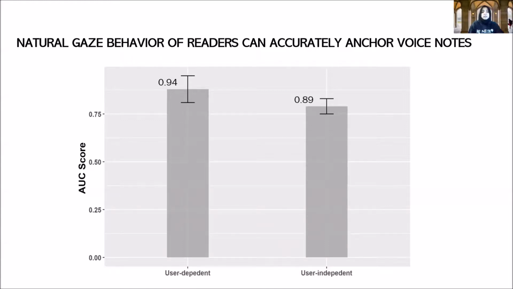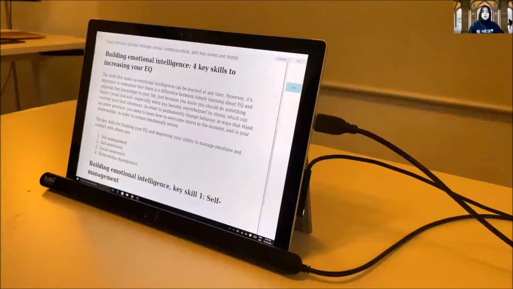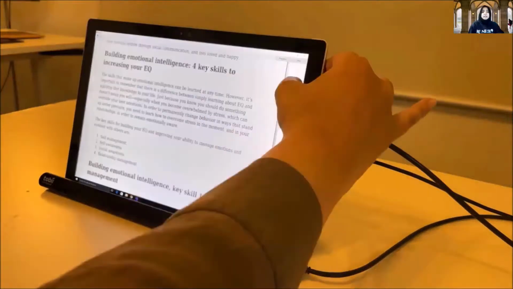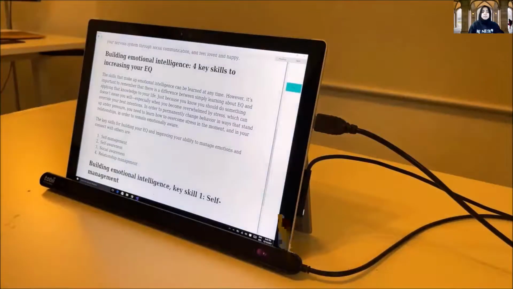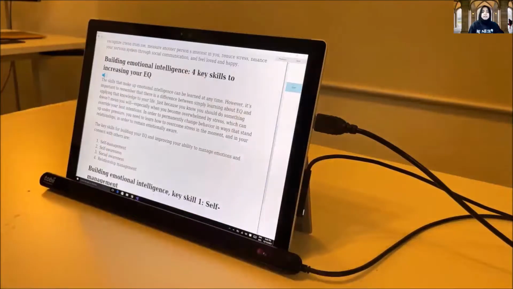Motivated by these results, we implemented a gaze-assisted voice note-taking prototype which implicitly anchors readers' recorded voice notes with the reference text passage. Using our system, readers can record a voice note by pressing the recording button and speaking out loud their note. A prediction is made by the trained classifier regarding the reference text passage and a sound icon is displayed beside it. The users can retrieve the recorded voice note by tapping on the sound icon and visualizing the text passage.